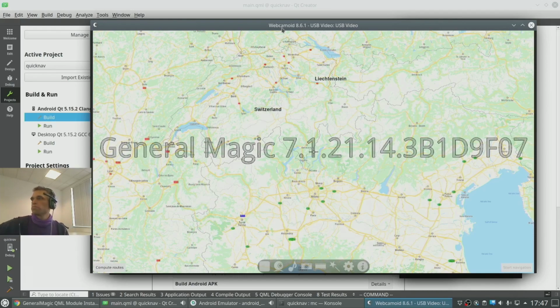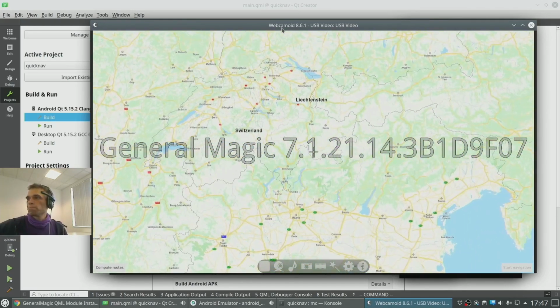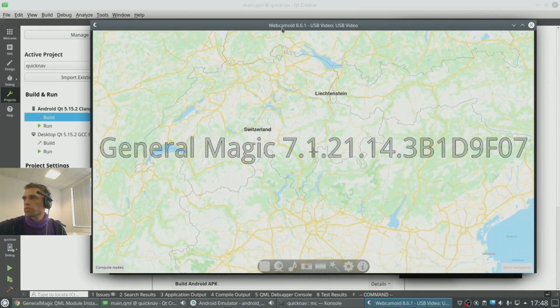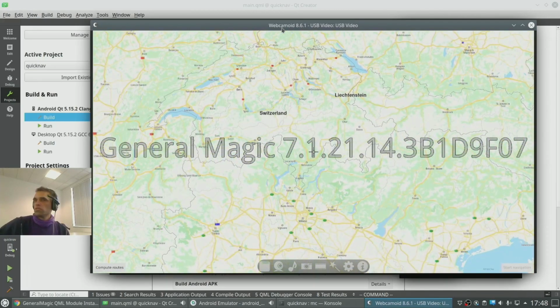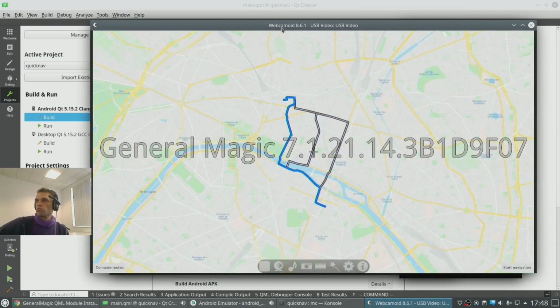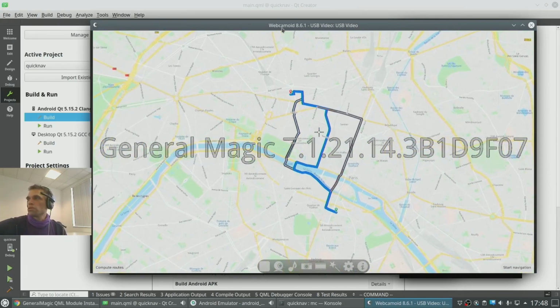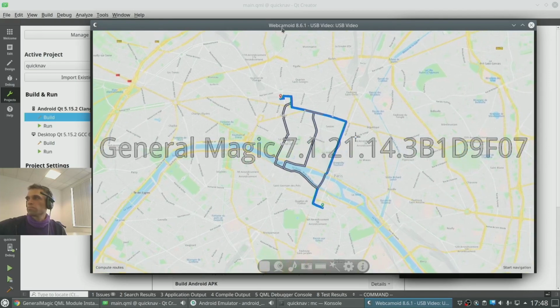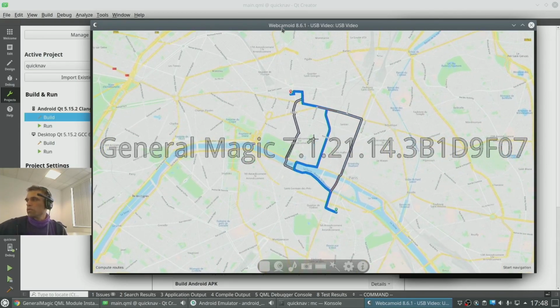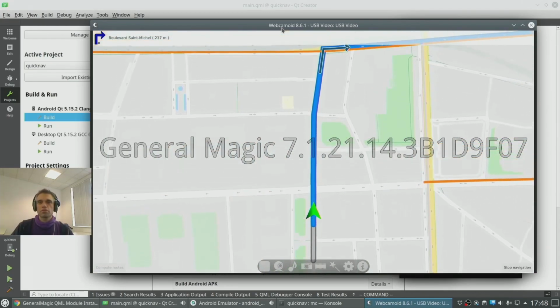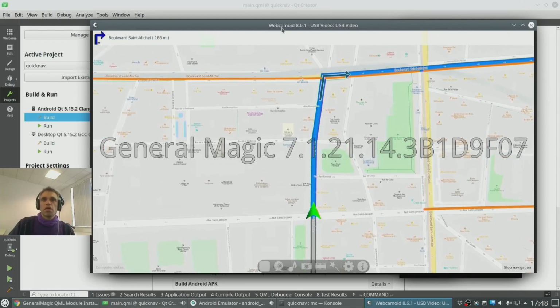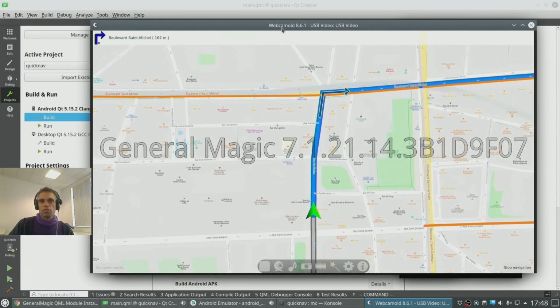Great, it started. We can have panning, we have zoom, rotation. Great. We see that our start navigation button is not active because we don't have a route. So we compute routes. We fly to our route, we can select the route that we want. Great. And we can start navigation on the route. Great, it works. Thank you for your attention, and we'll continue in a few moments with a Q&A session.